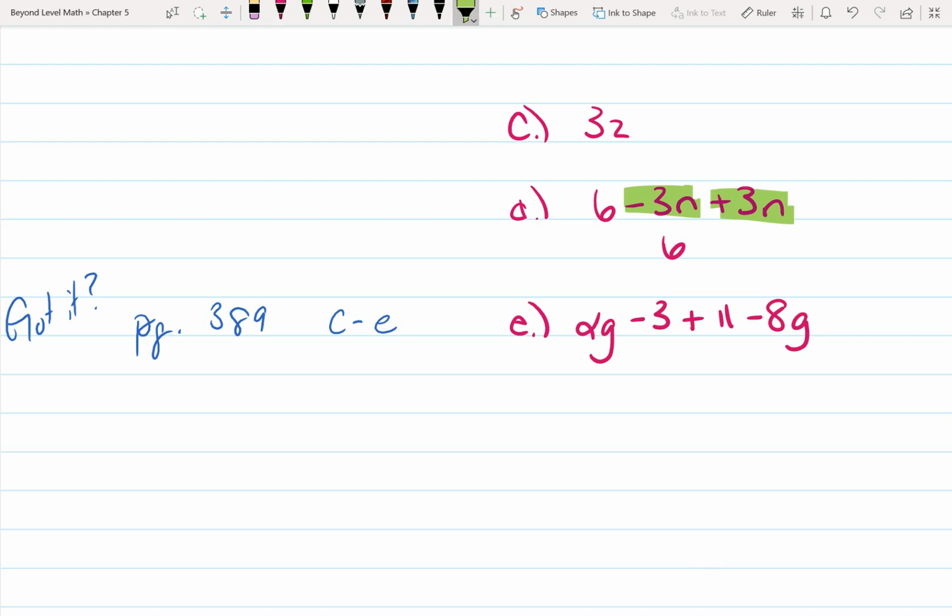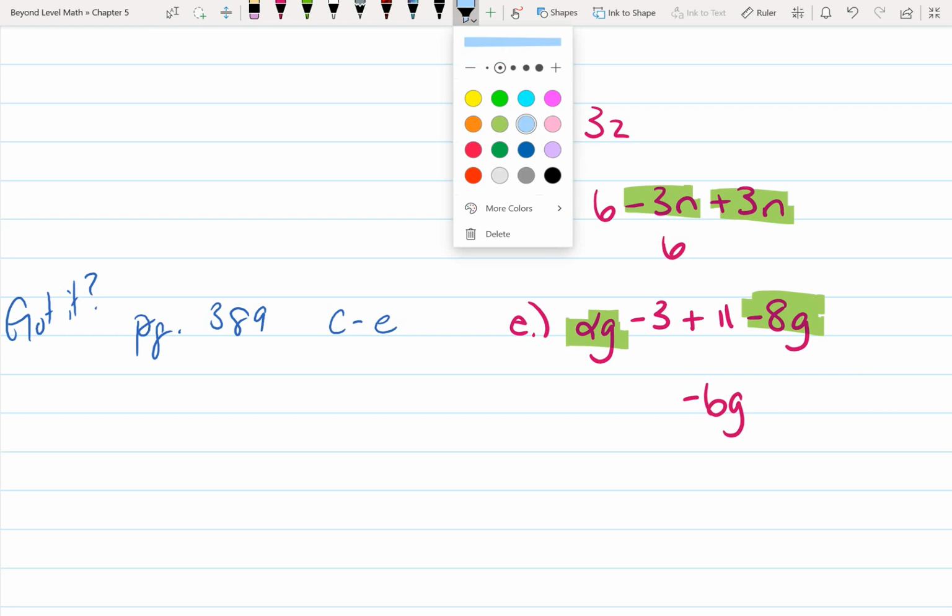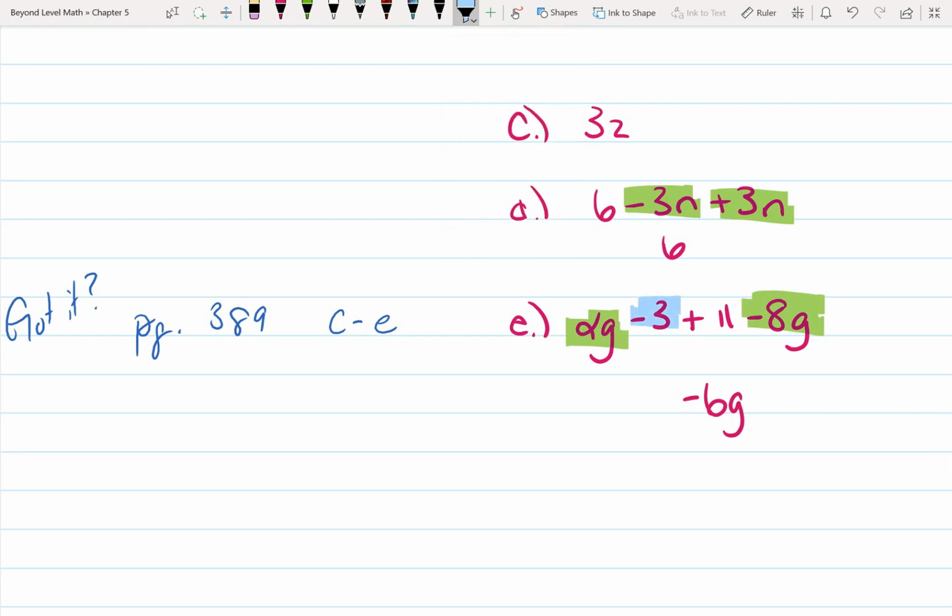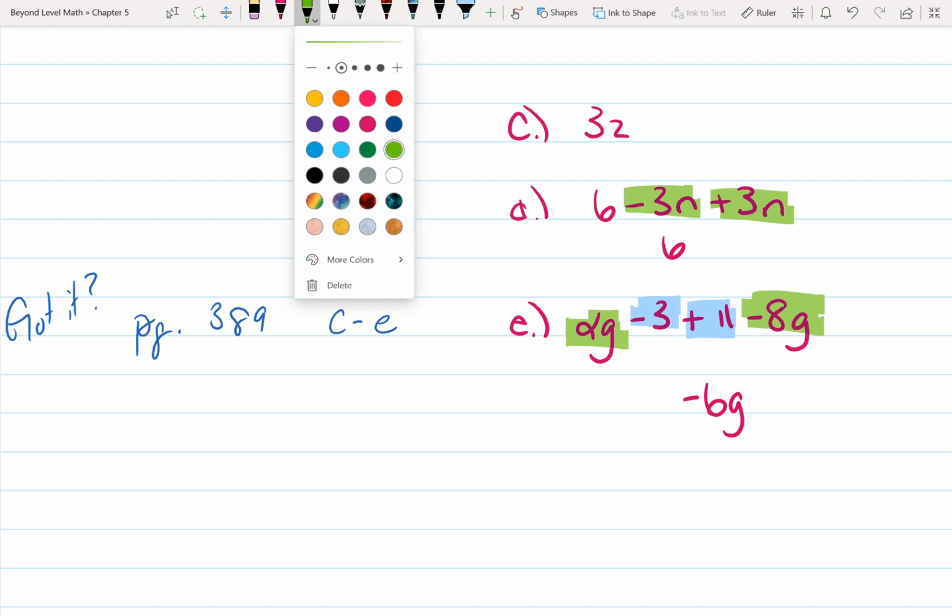Our like terms, we've got 2g, we've got negative 8g. So 2g minus 8g is going to give us negative 6g. Then we've got negative 3 plus 11. Again, you're welcome to use your tug chart, but that will give us